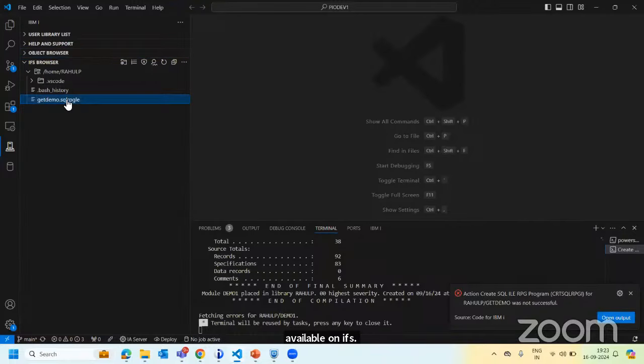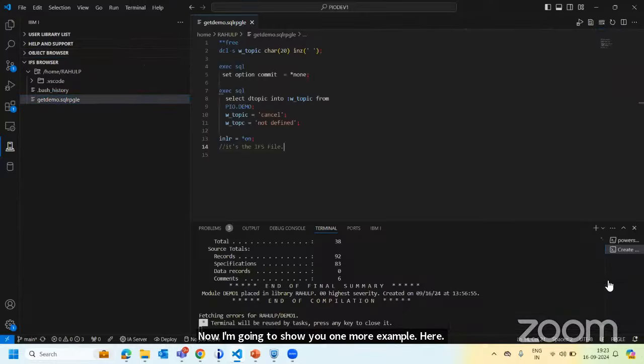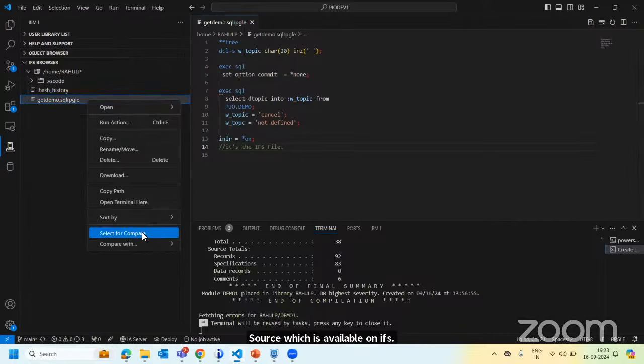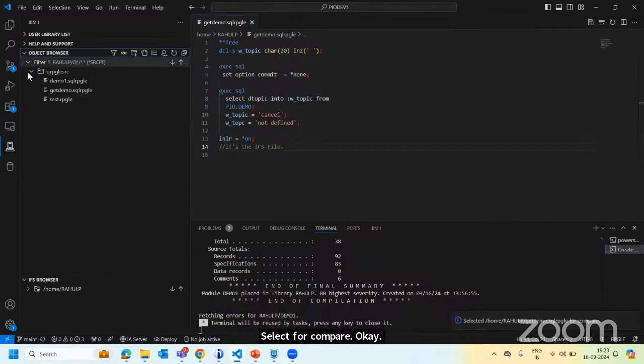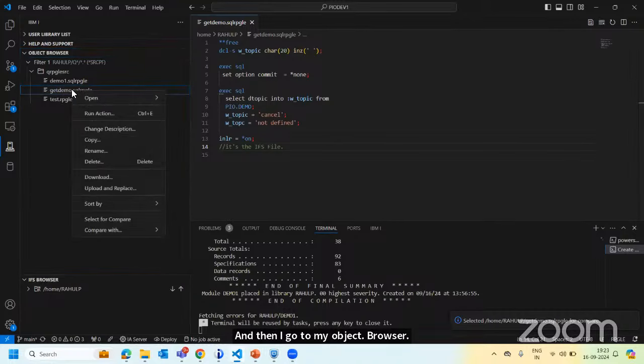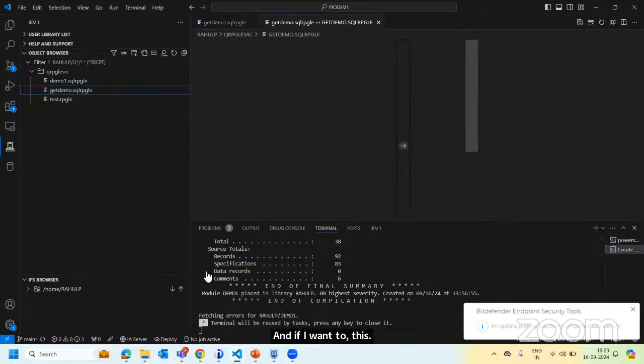Now I'm going to show you one more example. There is one more feature that I would like to share. Okay, so this is my source which is available on IFS. If I right click here and say select for compare, and then I go to my object browser and say compare with the selected,